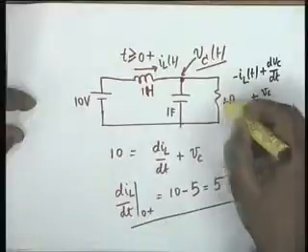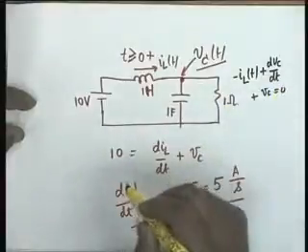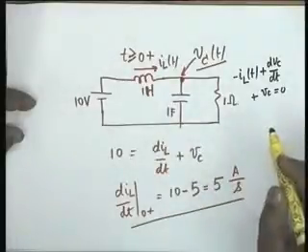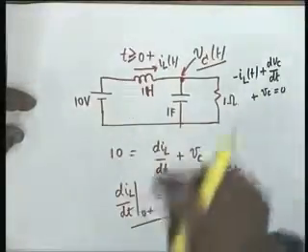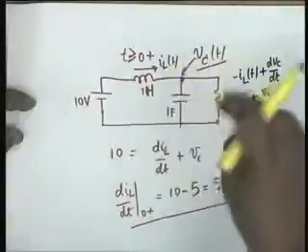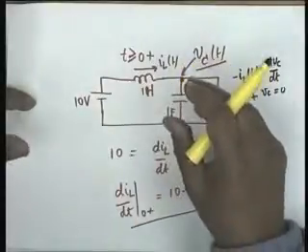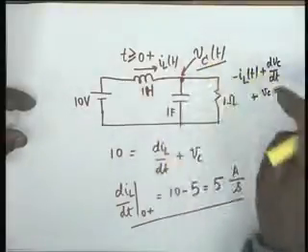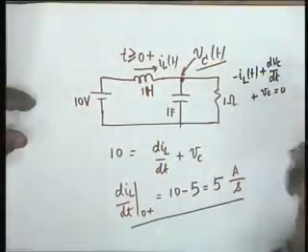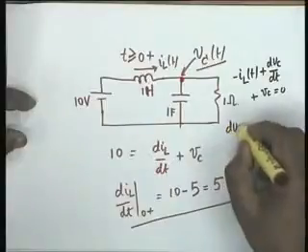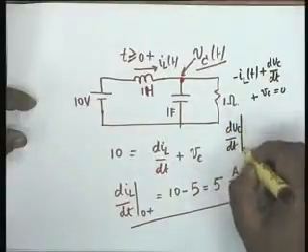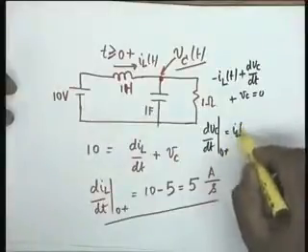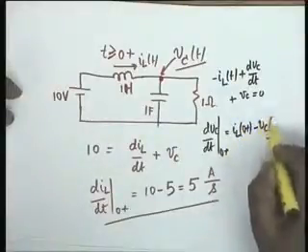The sum of these three currents shall be equal to 0. Agreed? We are not writing two loop equations or two mesh equations; we are writing one mesh equation and one node equation, because that is what gives us the desired quantity. And therefore dVc dt at 0 plus would be equal to IL at 0 plus minus Vc at 0 plus,